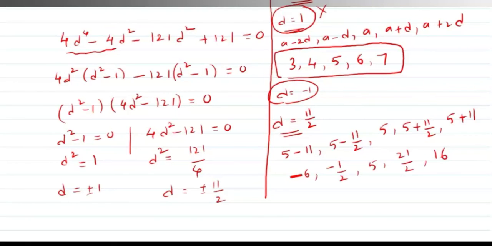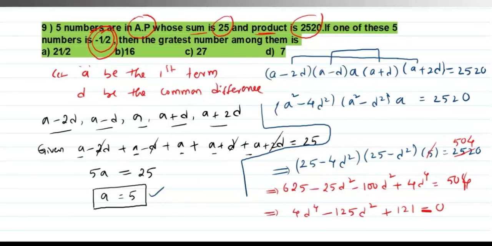Students, if you observe here, we have minus 1 by 2, right? So this is the sequence we need. The sequence which contains minus 1 by 2 is our value. So this is an arithmetic progression, what we required. So out of these 5 values, which value is the greatest, we have to find out now. Compared to minus 6, minus 1 by 2, 5, 21 by 2, 16 is the greatest value. 16 is the greatest value. Okay. Now come to the options. See, the second option is our answer, 16.